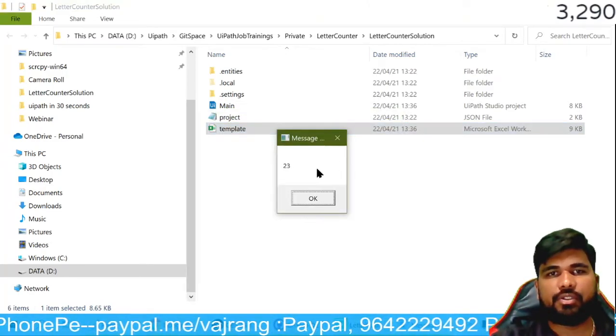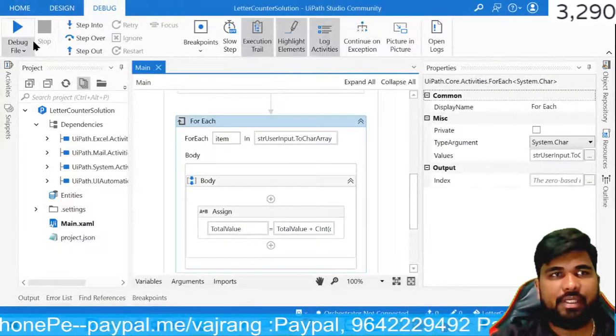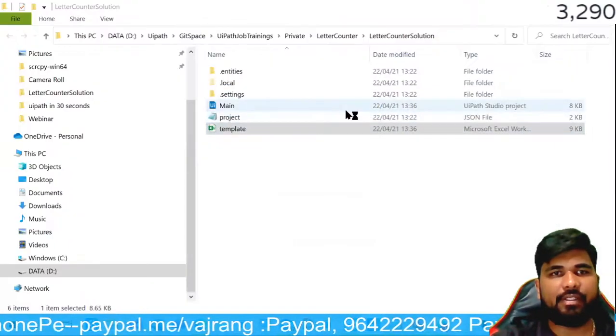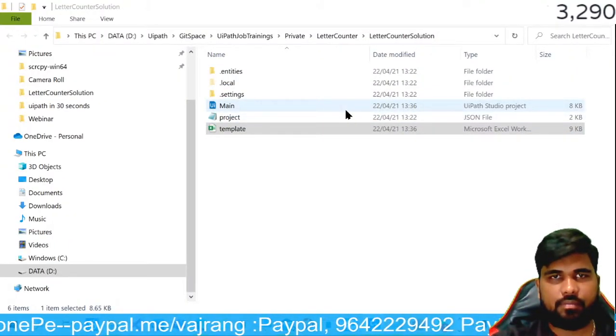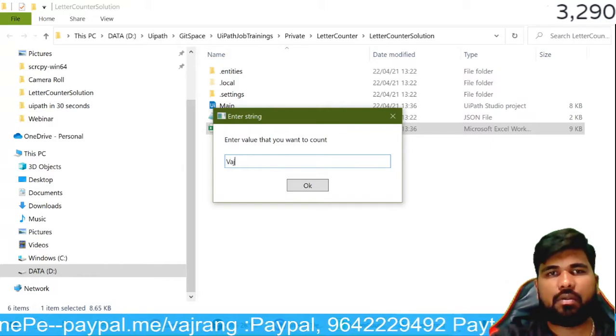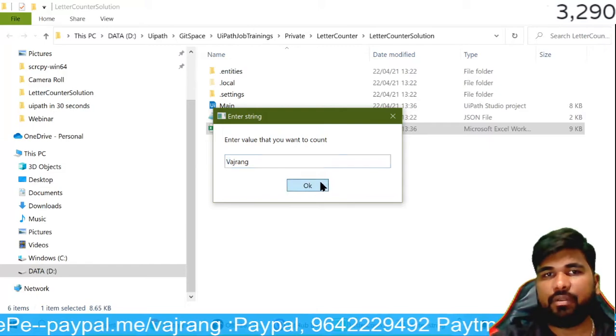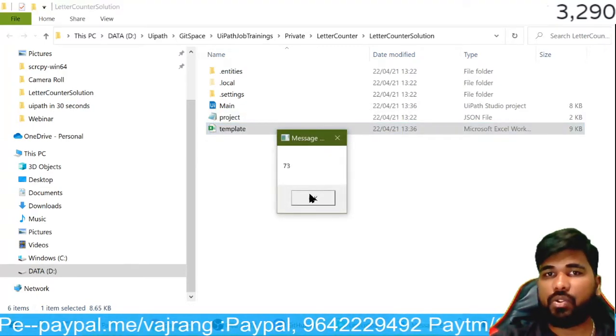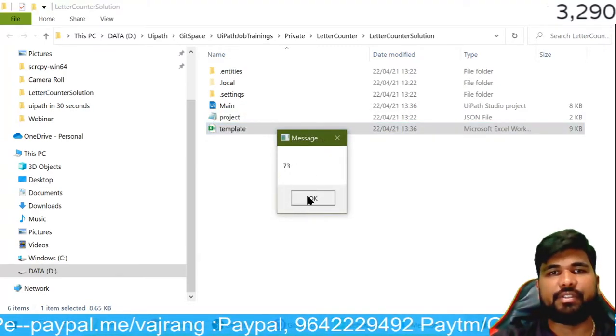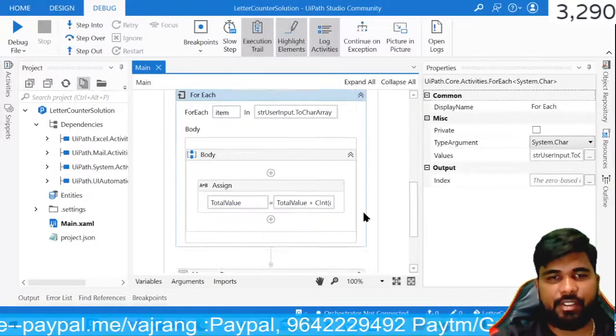Vajrang, so the value is 23. Now let's run the file again. I think that we will have an error with this V, but let's try. No, we don't, and we have the value 73, and this is correct.